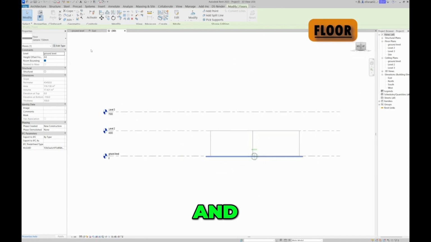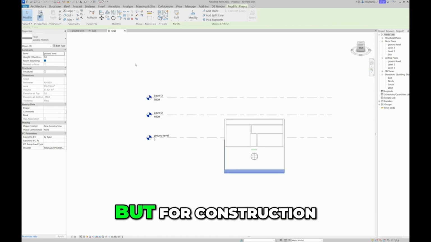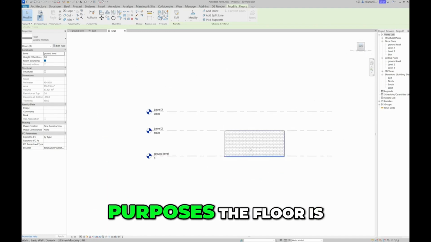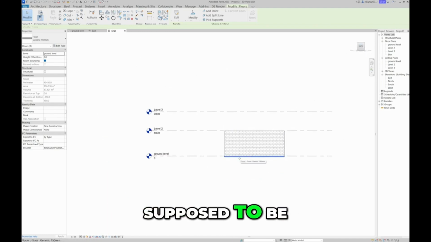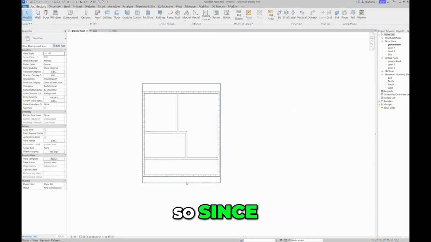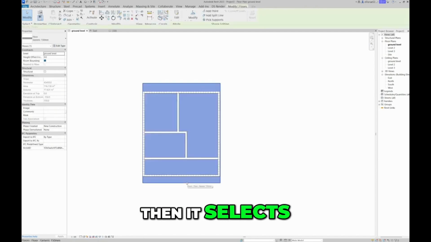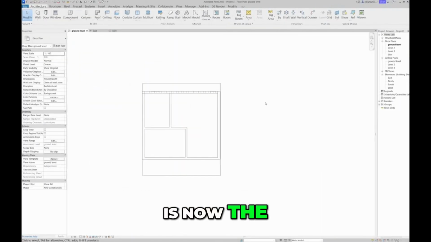And we are doing this basically just to know how to use the Revit tools, but for construction purposes, the floor is supposed to be above the floor level, but this is what we'll not be covering. You just want to know how to use these tools very well in Revit. So we're going back to our ground floor here. So since our floor is being applied here, I'll click on it and it selects. Alright, so this is now the final plan,